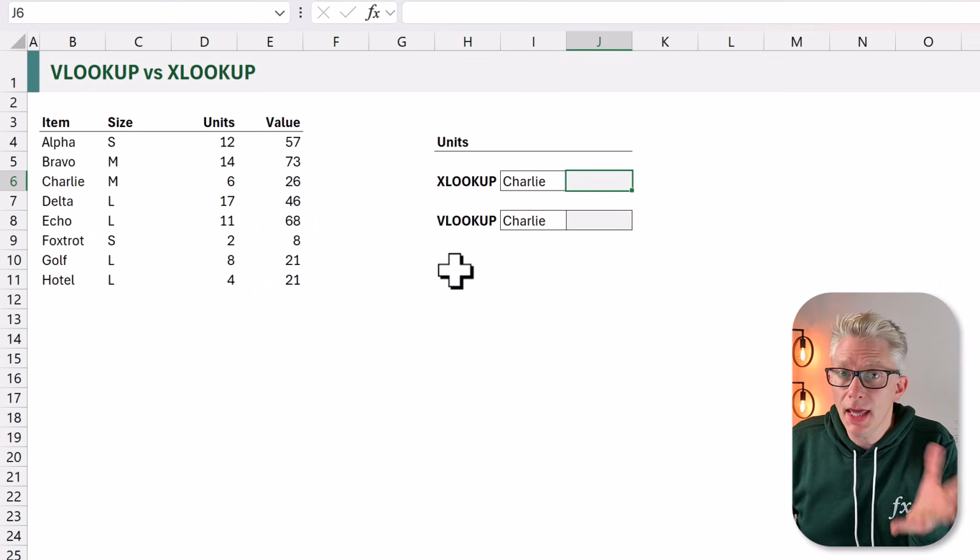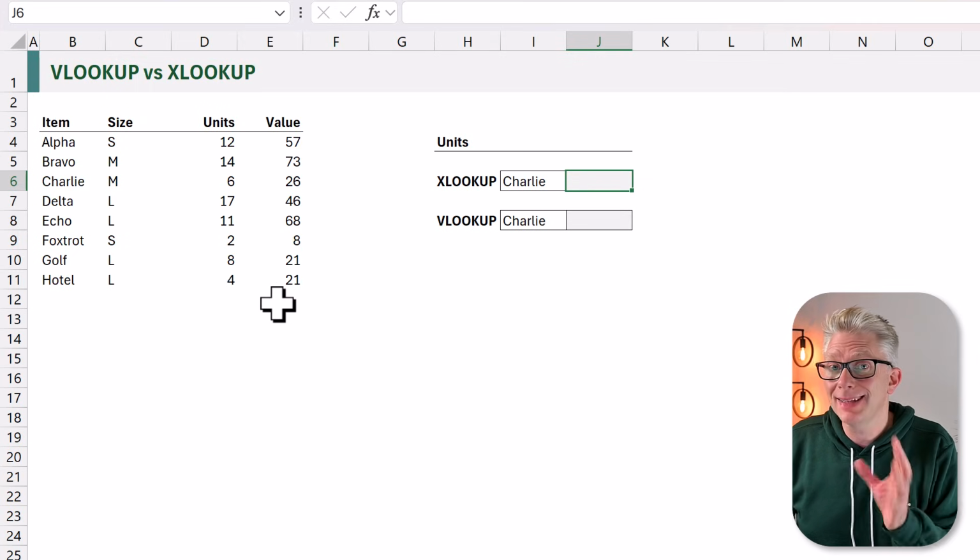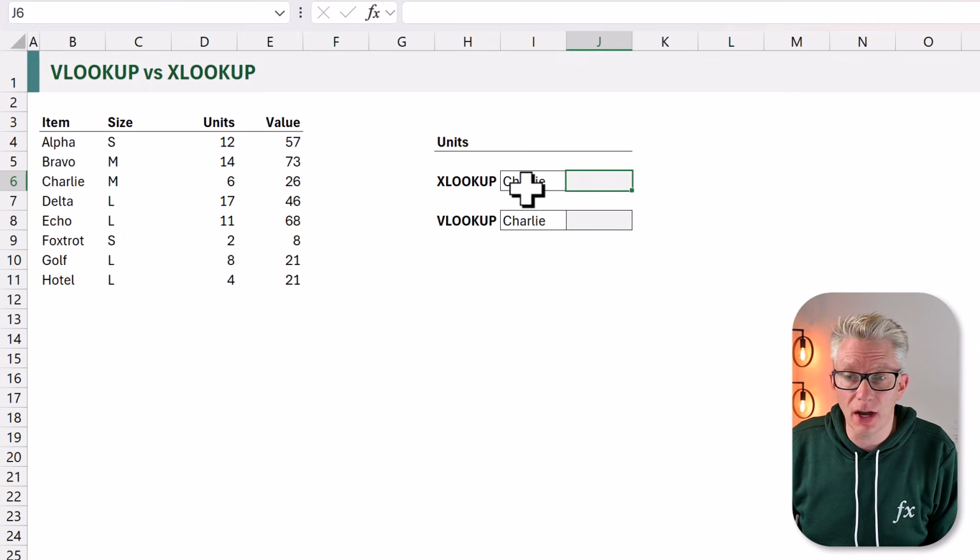Let's start with the absolute value lookup scenario. This is where we know exactly the values that we want to return the result from. And if somebody inserts a new column in the middle, the position of those values moves, and our formula needs to shift to follow those values. Here in Excel, we have some cells with values for item, size, units, and value. And our goal is to look up the value Charlie from our item column and return the values from our